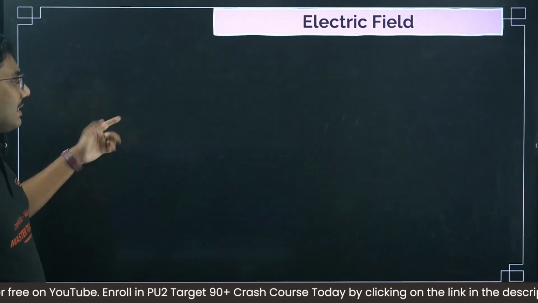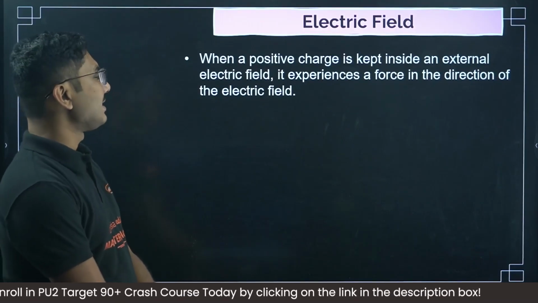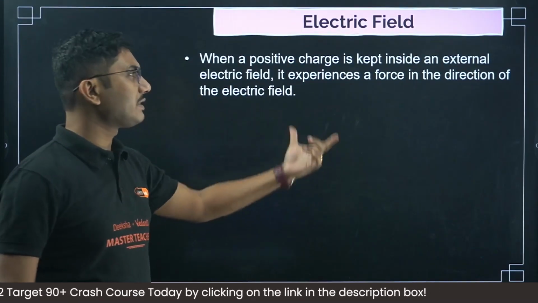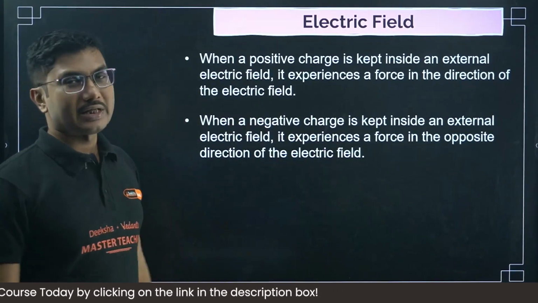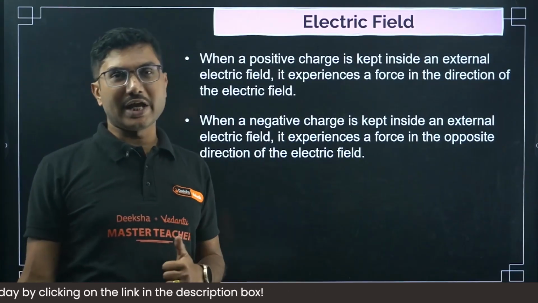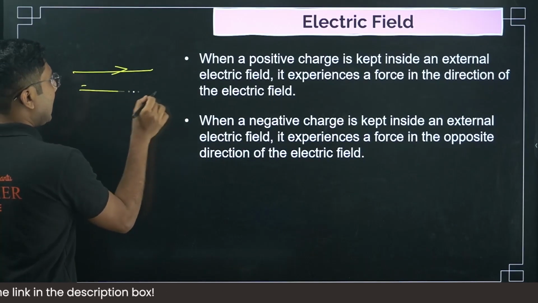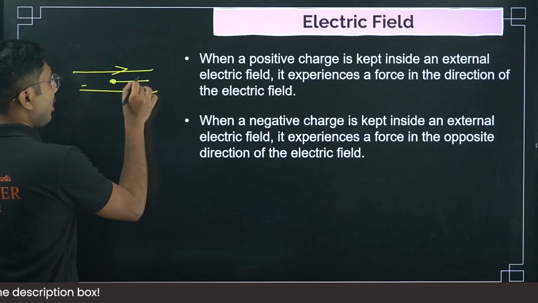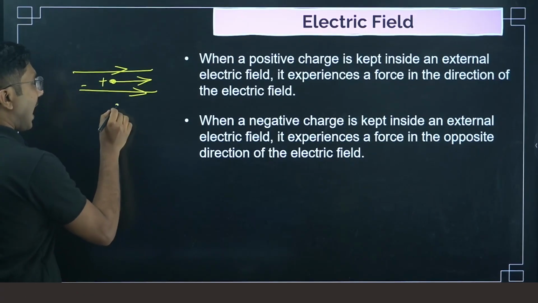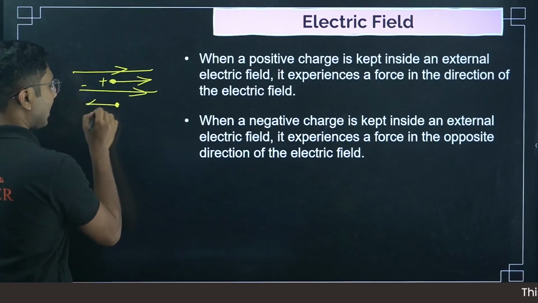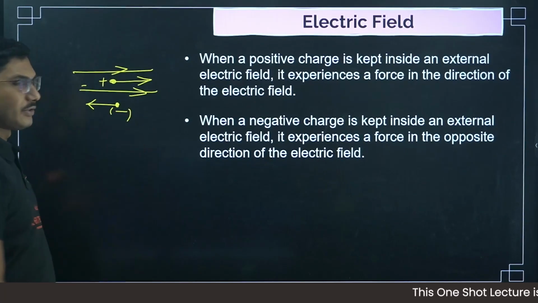Now let's discuss electric field. When a positive charge is kept inside an external electric field, it experiences a force in the direction of the electric field, and when a negative charge is kept, it experiences a force in the opposite direction of the electric field. So if you see that the force is in the direction of the electric field, then this must be a positive charge, and if the force acting on the charge is in the opposite direction, then this must be a negative charge. Okay,